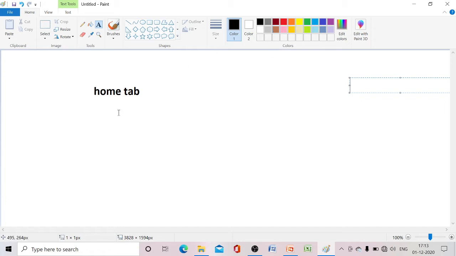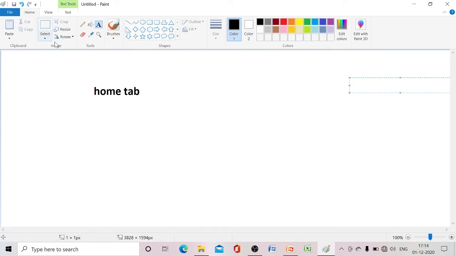Today we are going to discuss a new thing from this Home tab. Can you see the image group here? Today we are going to learn some of the options present in the image group of the Home tab.